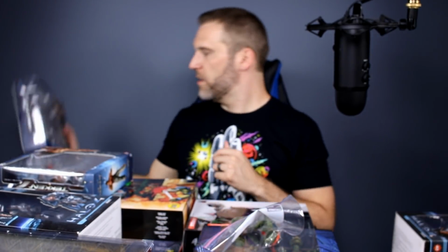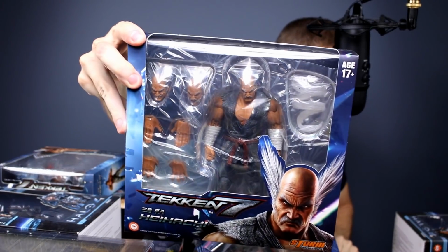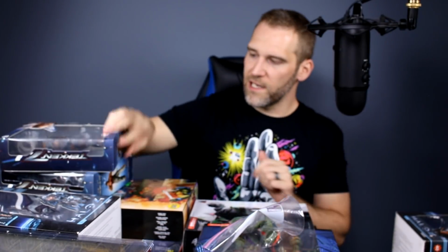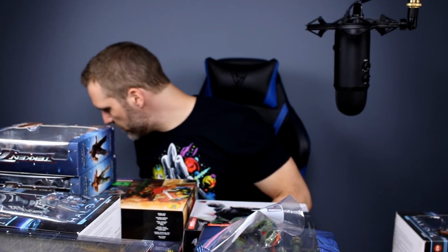And here we have another person in the bloodline, Heihachi. Maybe the best release out of all of them. I don't know how well, they put so much plastic in their packaging, it's hard to see. But I have reviewed these guys. If you want to check those out, you should probably check those out. And next up we have...